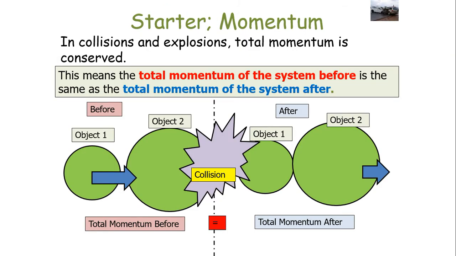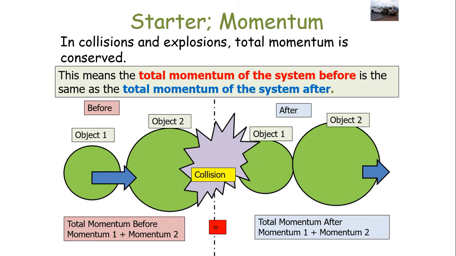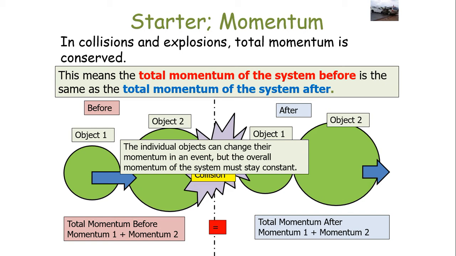Now, in collisions and explosions, the total momentum is conserved. This means the total momentum of a system before is the same as the total momentum of the system afterwards, which is derived from Newton's laws of motion. So what this means is the total momentum before, so the momentum of object 1 plus the momentum of object 2, must equal the total momentum of the objects afterwards, so the momentum of object 1 plus the momentum of object 2. Now the individual objects can change their momentum in an event, but the overall momentum of the system